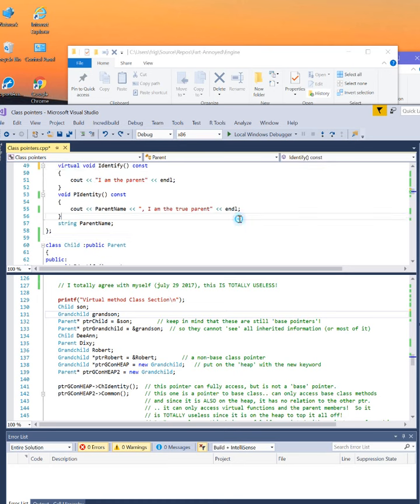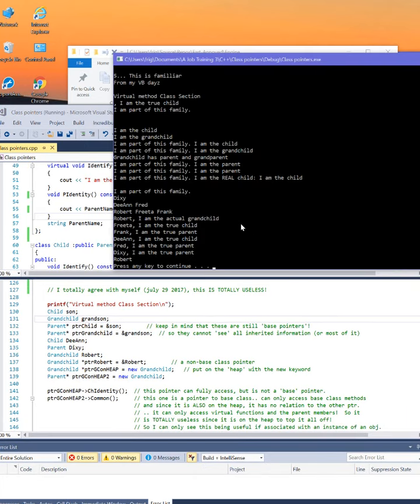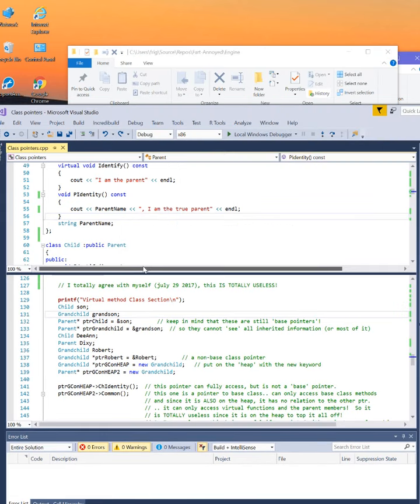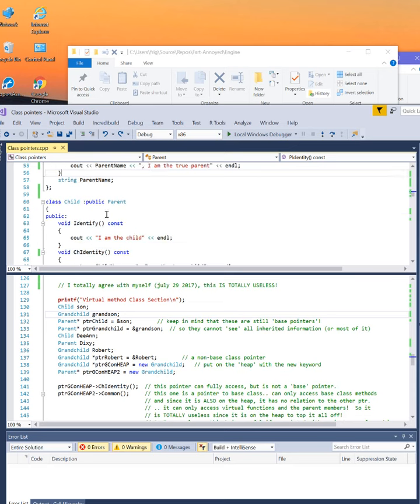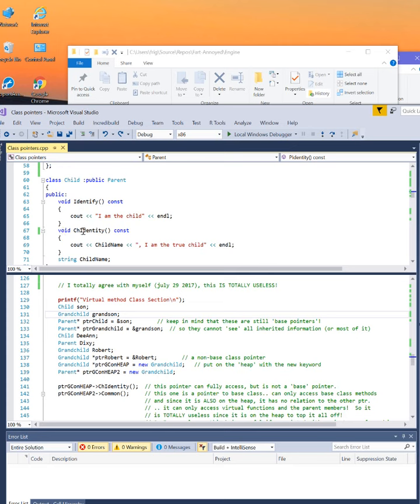Okay, so we got the virtual version of it, and just for kicks, I'll rerun it again. So again, it doesn't seem to change anything. Maybe you can tell on video. Something I can't tell here. But yeah, it's good annotation, but to me it would only be good annotation if you actually did that